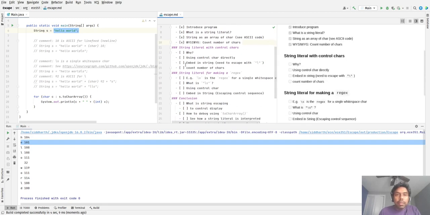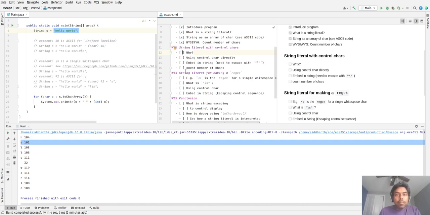Now, it may so happen that we want certain control when outputting a string. Historically, when you would output a string, it would be on a teletype or a monitor. And when we wanted a carriage return or to go to a new line, we might add a control command at the point where we wanted a new line or a tab or similar formatting points.